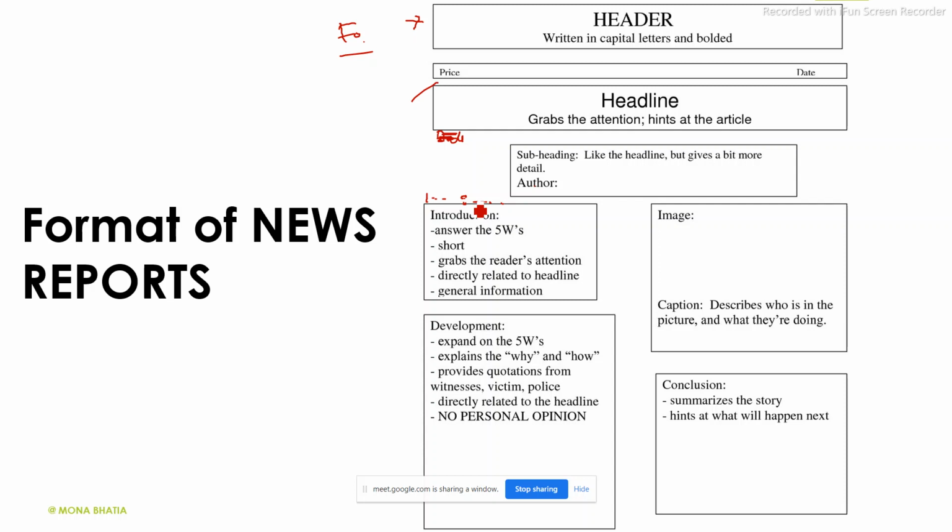Okay, so you always have to use a very simple language when you are giving a report. It should not be very flowery that the common person is not able to understand, and it should not be so common कि you don't get any benefit out of reading the newspaper. Every day when you read a newspaper, you should be able to come across few words which you can add to your vocabulary. That should be the way.